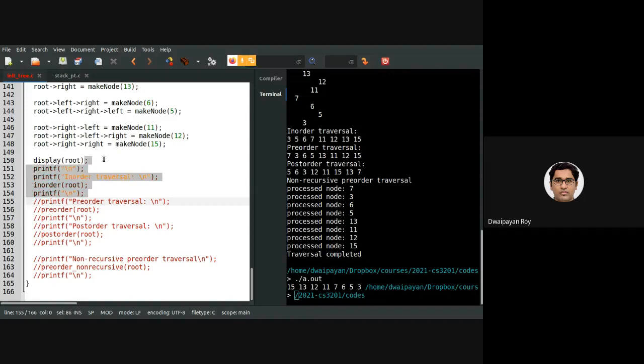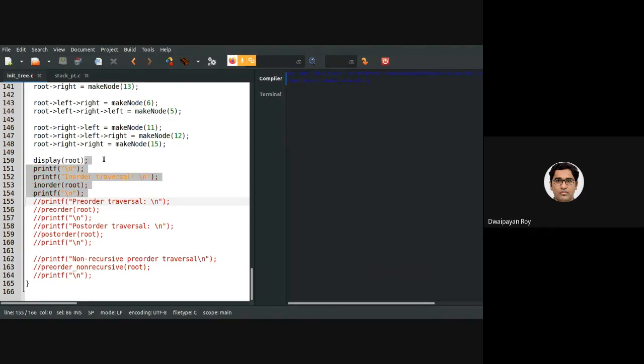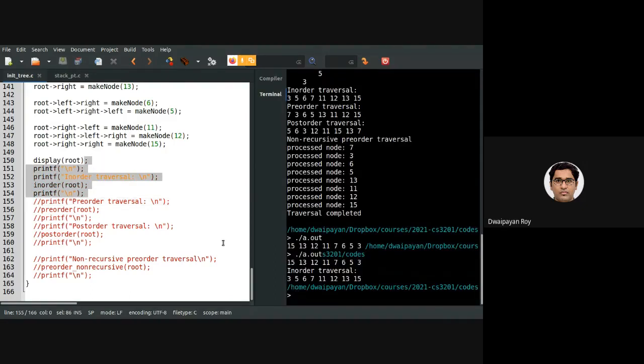I have called this display, which is traversing the tree in the right root left manner: right first, then root, then left. And in the in order traversal, I am traversing the tree in the left root right manner.